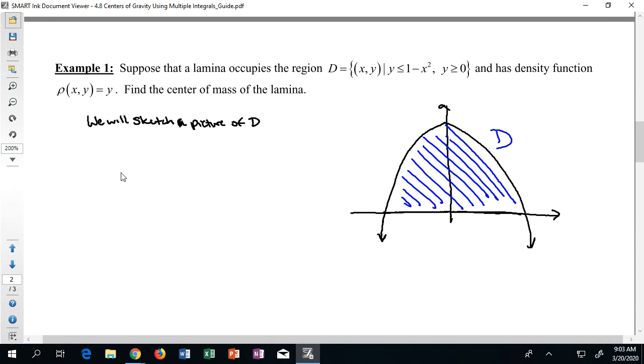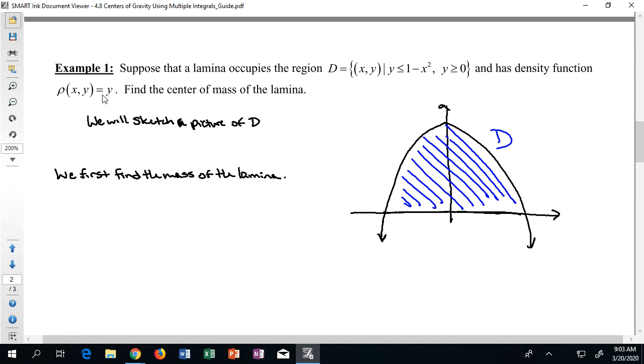I'm looking for the balancing point of that region. Now I might guess again that the balance point is somewhere smack dab in what looks like a nice simple balance point. But remember that this density might potentially throw some things off slightly, because at high y values there's more density, at low y values there's less density. No big deal. Again, I need three double integrals to be calculated here. The first thing I'm going to want to do is find the mass. So I'll say we first find the mass